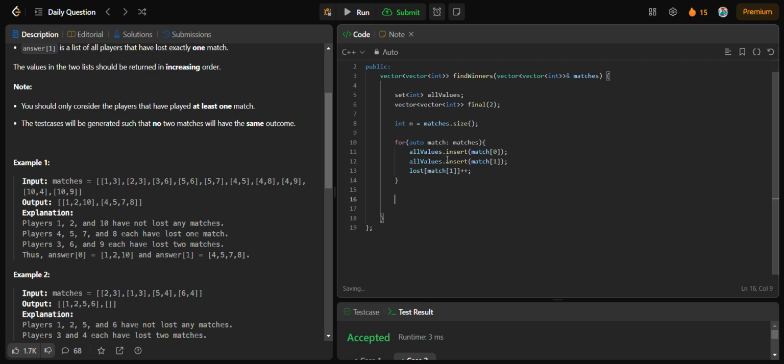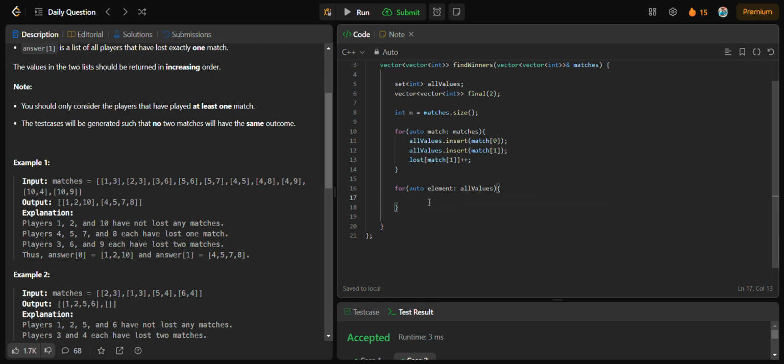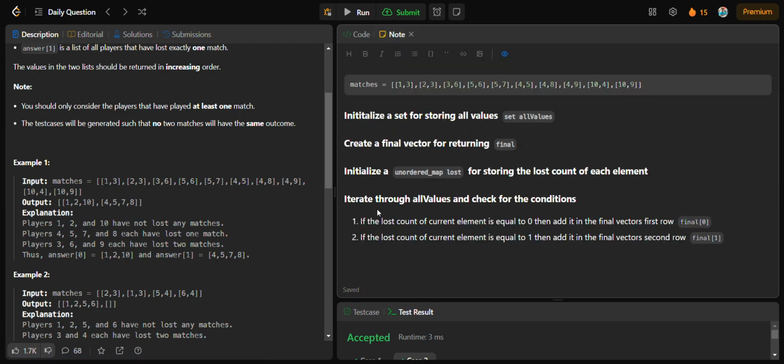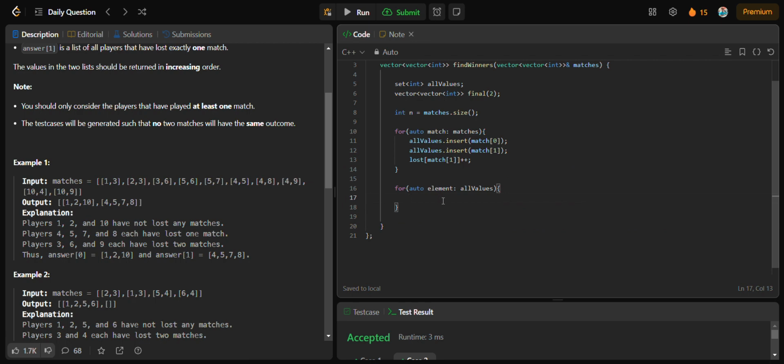Next, we will iterate through this all values set, each element in all values. We will check two conditions. If the lost count of the current element is equal to 0, then we will add it to the final vector's first row. And if the lost count of the current element is 1, then we will add it to the final vector's second row. So if lost of element